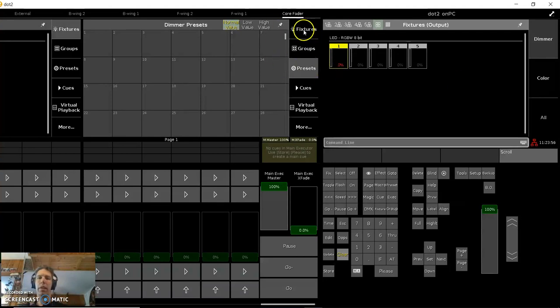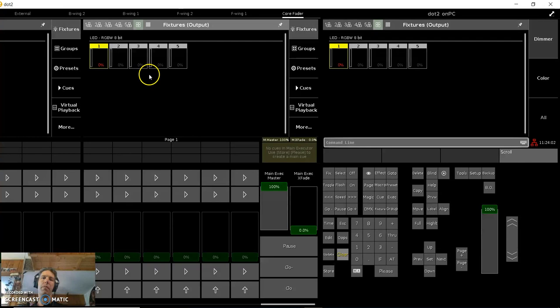First of all, I'm going to hit this button here to go to my fixture list. Pop. So there's a bunch of things here. Obviously your list of your lights or fixtures. You can make groups of fixtures to allow you to select them quickly and easily. Presets allow you to have a bunch of controllable elements that you can add to fixtures. Queues, similar to presets, a whole bunch of different settings, DMX commands that you can activate by pressing one thing